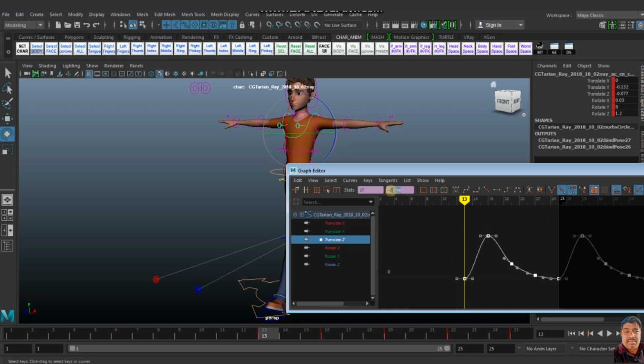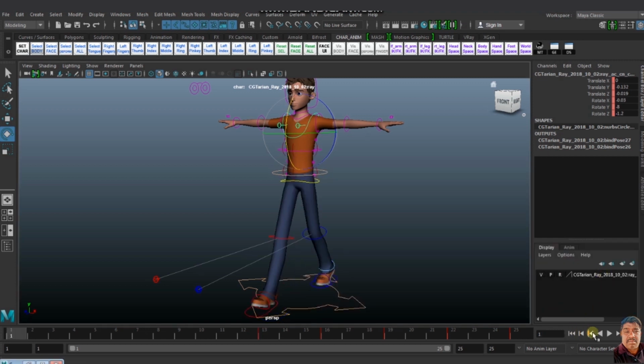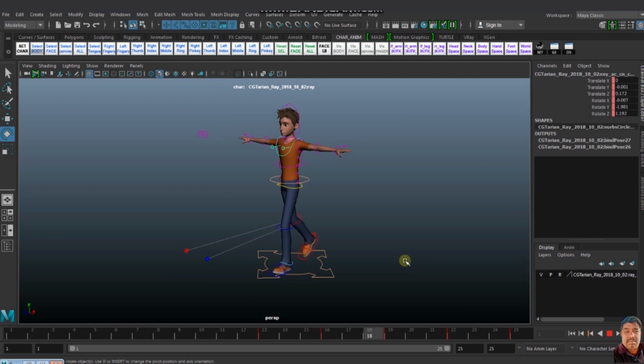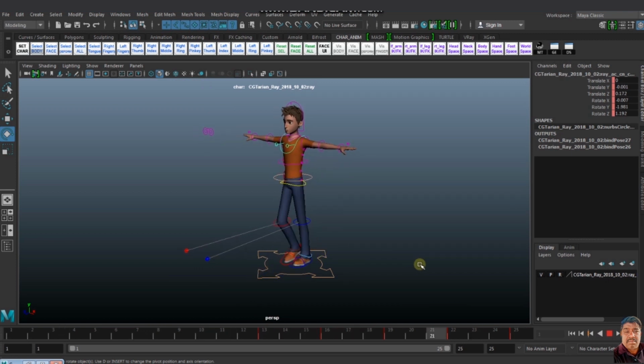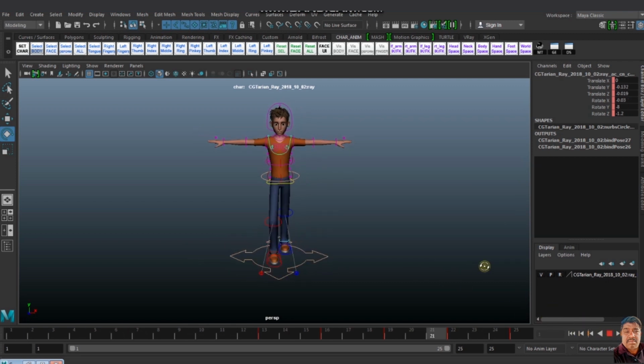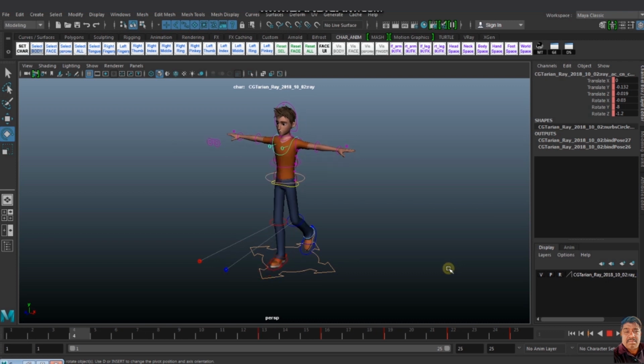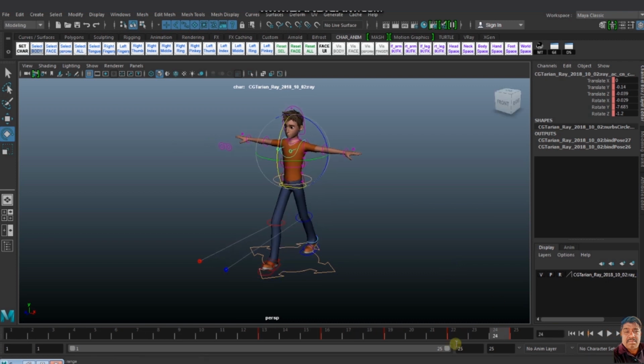Now, by scaling down the work cycle, the upper body and shoulder movement looks like this. Right now it is believable. The translation is scaled down from 100% to 25%, and the motion is believable.